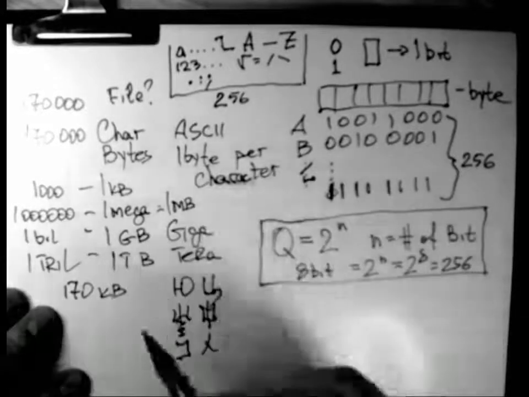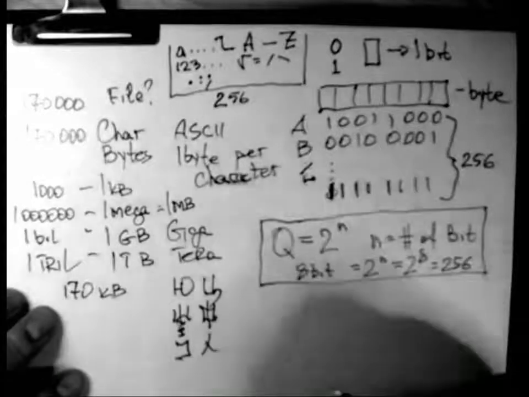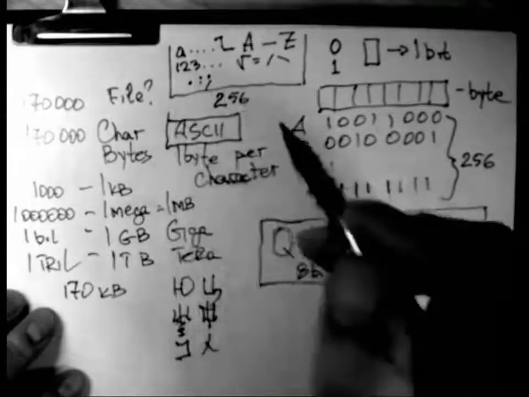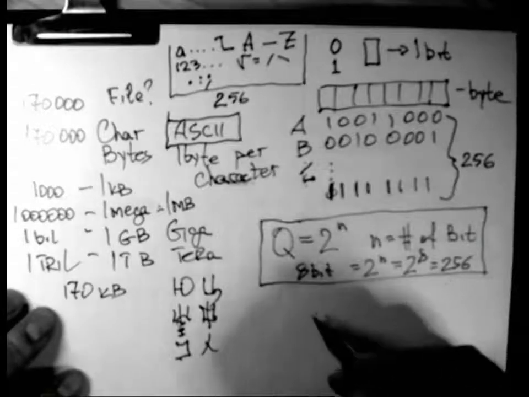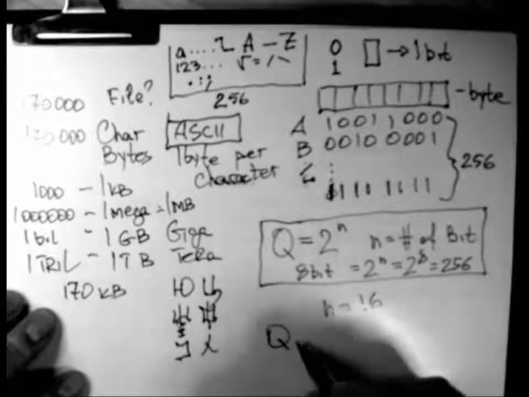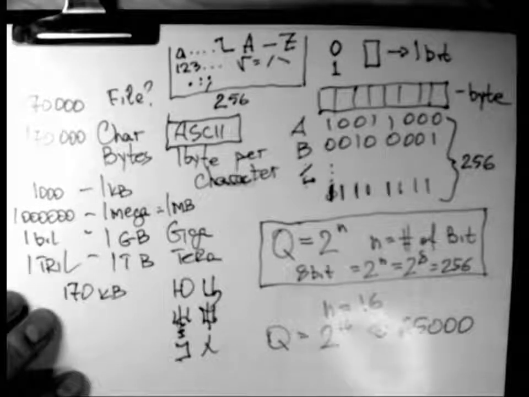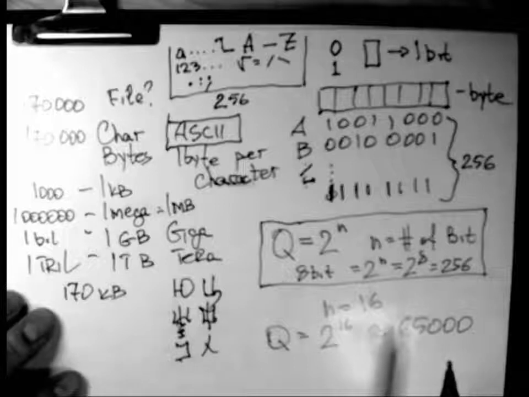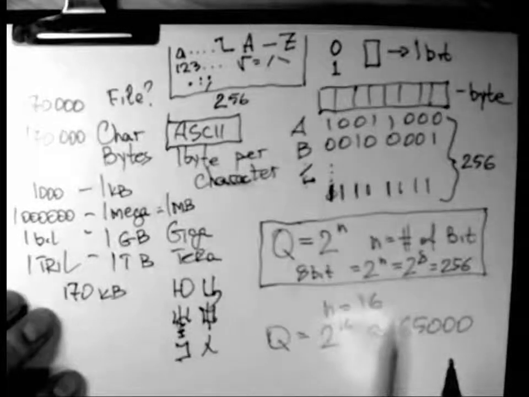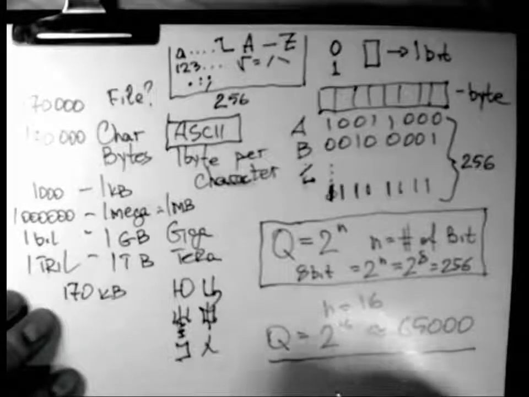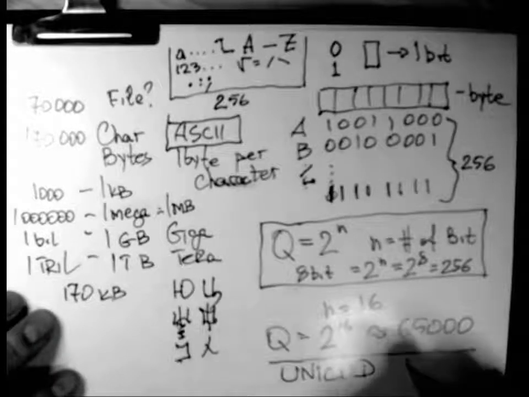So people who started thinking about the internet were thinking about enhancing the ASCII code, and then they started doing a different code. They thought that if we make n equal 16, then Q will be 2 to the power of 16, which is approximately 65,000 variations. 65,000 variations is good enough to encode a set of symbols filled with all languages of planet Earth, like African languages, Swahili, Igbo, Tunisian, Central African, Congolese, Asian languages like Japanese, Vietnamese, Cambodian, and all other languages. This encoding system has the name Unicode, and this is 16-bit,